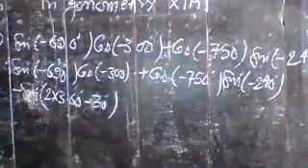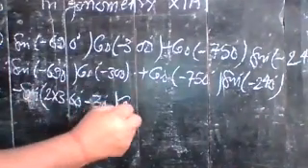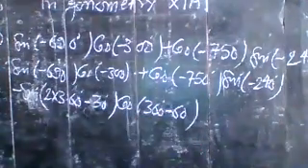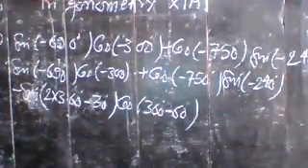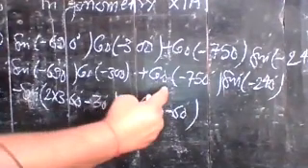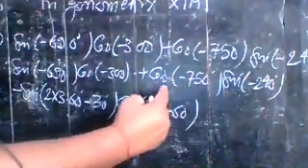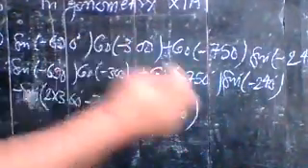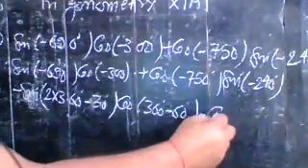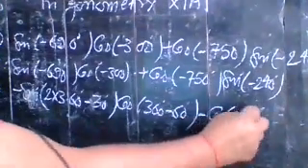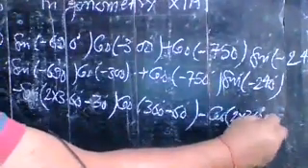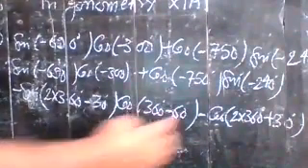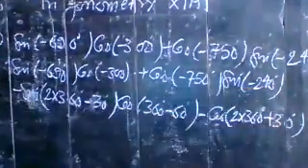Now 300 can be written as cos 360 minus 60 degree, since 360 minus 60 is 300. In the same way, cos minus x is equal to cos x, and sine minus x is equal to minus sine x, so overall here you have a negative sign. So write here negative, and cos 2 into 360 is 720, plus 30 degree, and sine 240 degree.